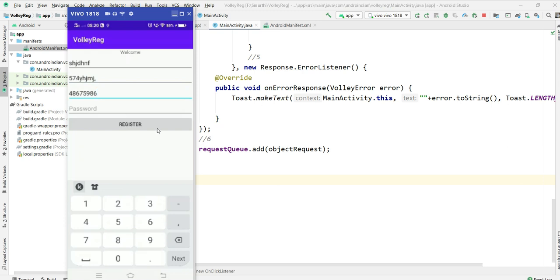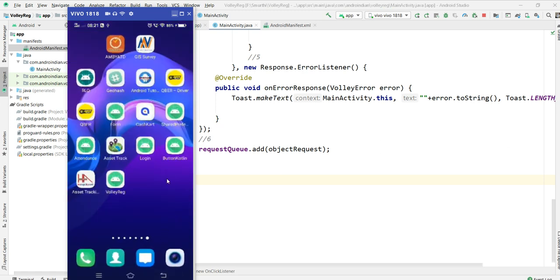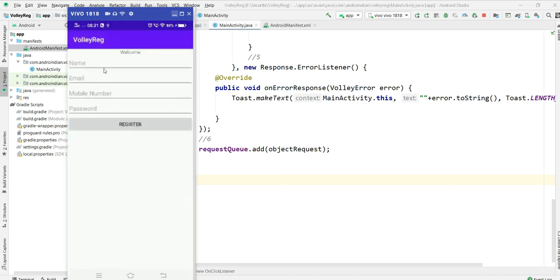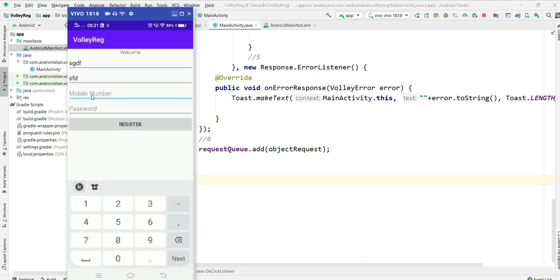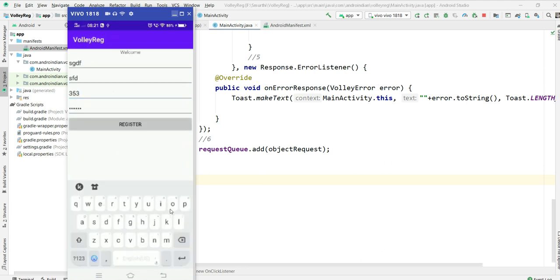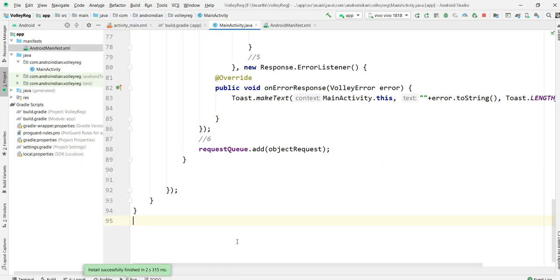Now I'm clicking on this. See here it's giving this. I'm entering some data here. See, user created, then already member, which means it's executing properly.